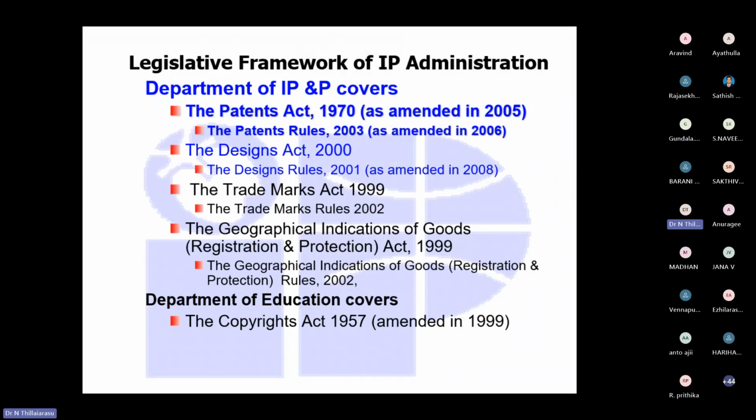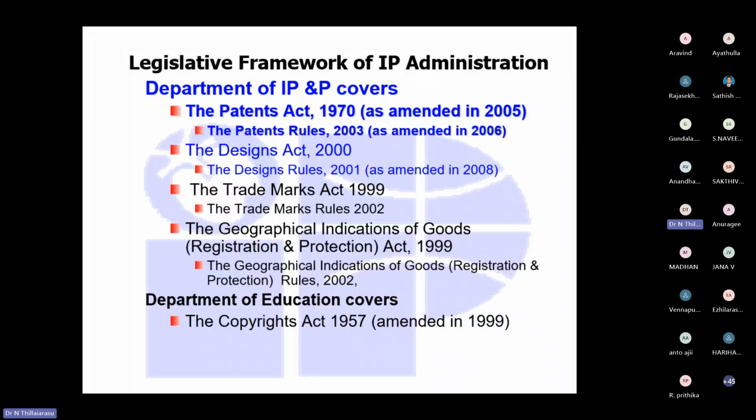Before we legislate the framework for IP administration, generally how we file is all about the Patents Act 1970. After that there were several amendments, three times, in 1999, 2002, and 2005, bringing some new permissions and rules. Then the rules of 2003, 2005, 2006, 2013, 2024, and finally 2016, where different refinements were made and enforced in the Act of 1970.